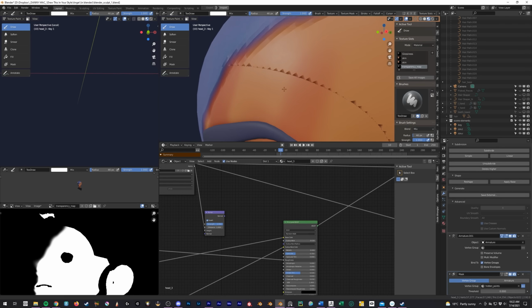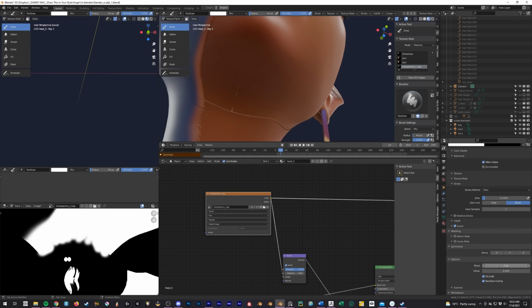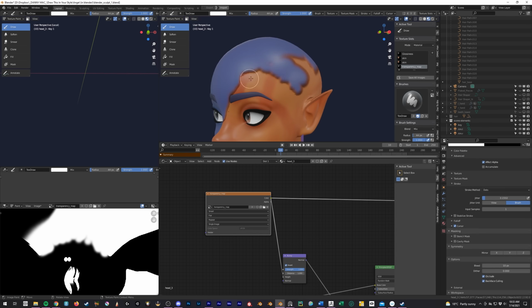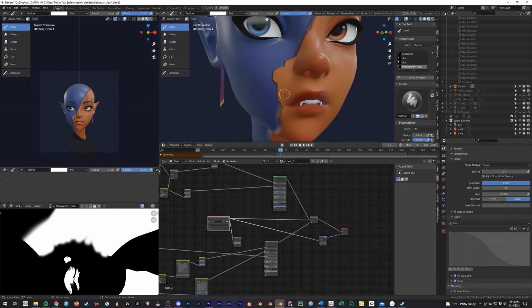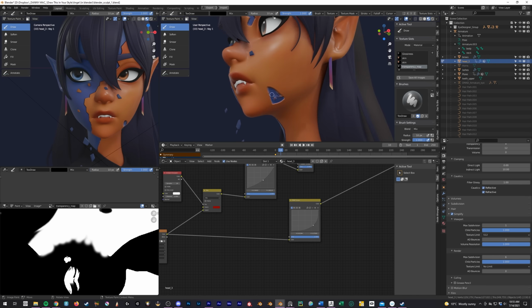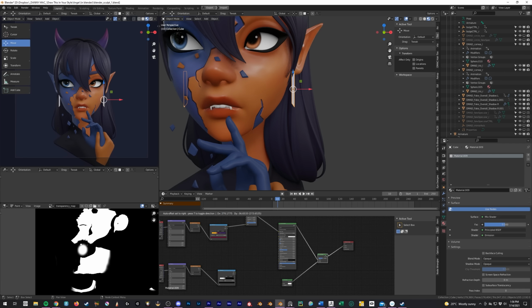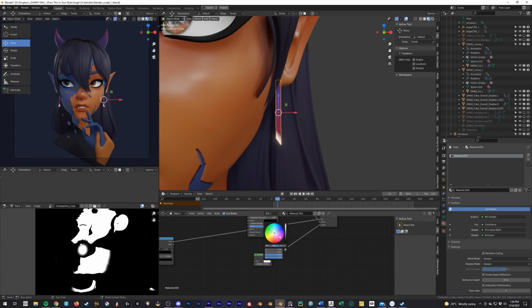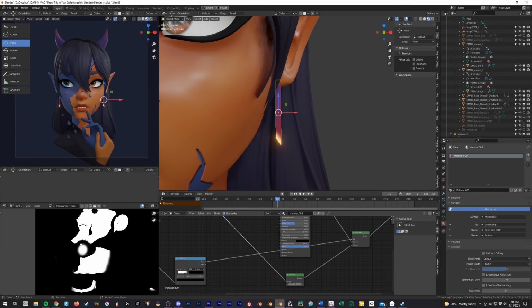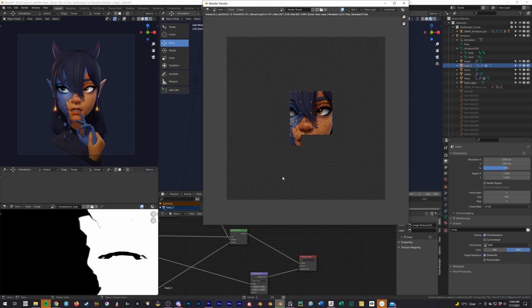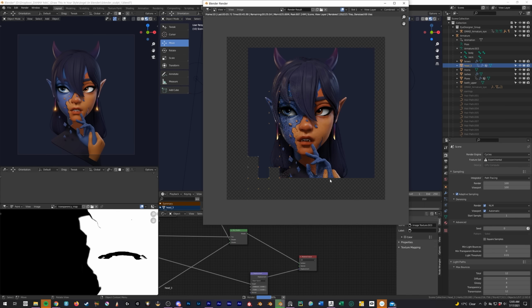I did bump into a problem with shading at the UV seams, but this is quite easily solved by increasing the bleed value of the brush. Other than that, painting the depth turned out to be quite fun. And to create the glare effect on the earring, I added another ramp node and used it to drive an emission shader. Then after a bunch of minor tweaking, I rendered out the image so that I could move on